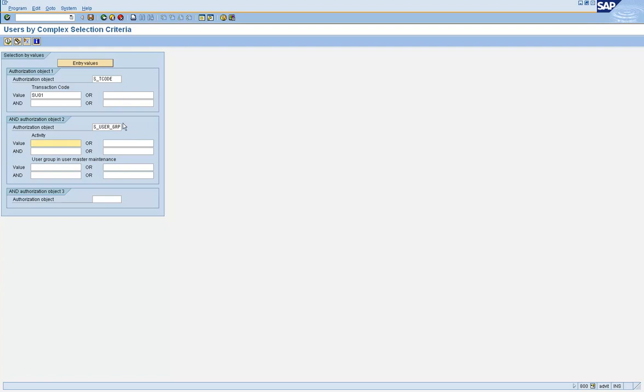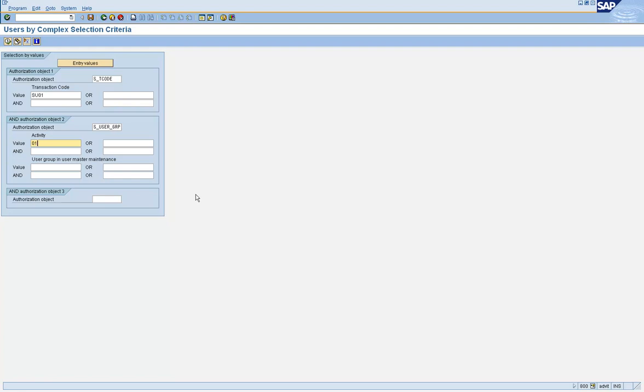Okay? So when you enter the object and hit the enter key, it will give you the fields within that object. Now the activity for creating, the value for that activity is 01. Now we are not talking about complete creation of the user IDs in the sense that they can create user IDs and assign roles also.